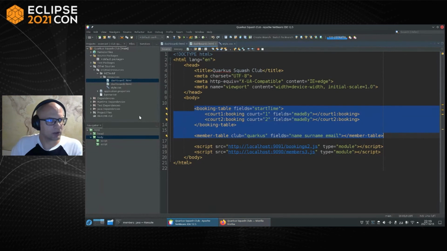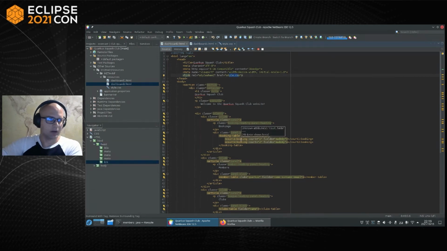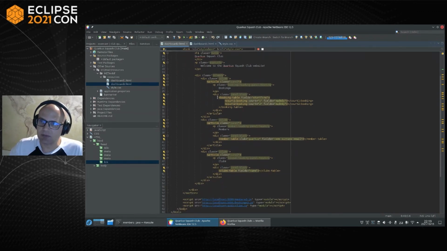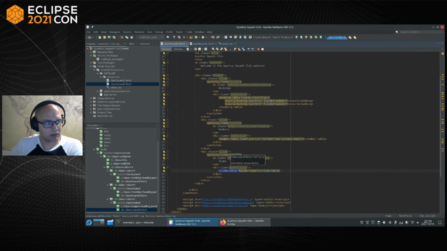So obviously now I want to make it pretty. So then I can go and say, okay, right, now I'm using a style sheet. I'm going to make it pretty. I'm using a framework to structure the HTML better. But the point is I'm still adding these components. And similarly, the member table. And I've actually added a third one, the club table, which comes from the league. Right, so here's my 3